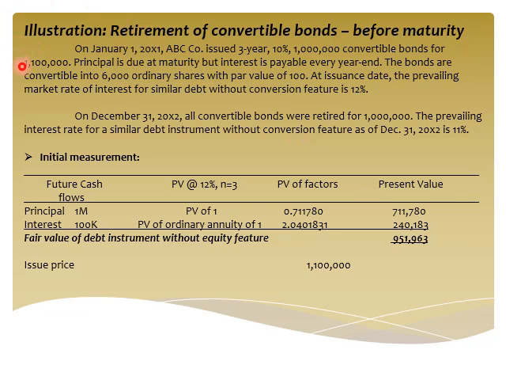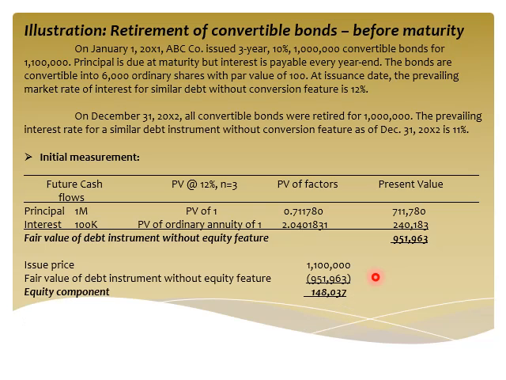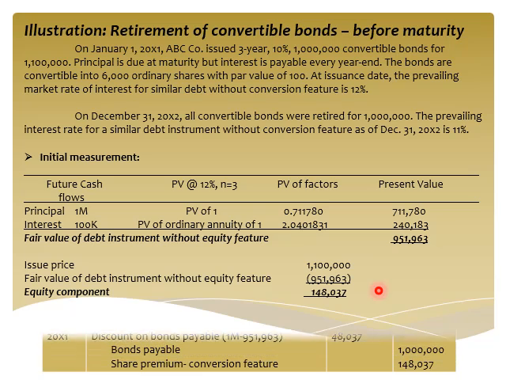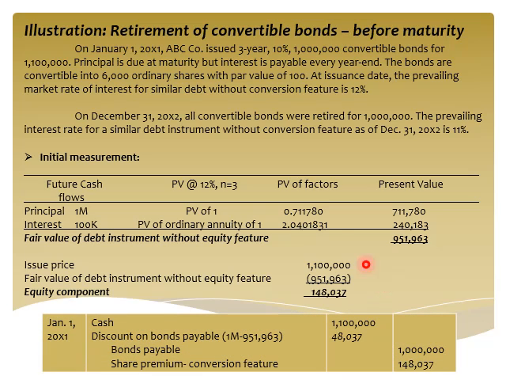We have this 1.1 million. And that 1.1 million should be allocated first to the liability. And as based on computation, the liability is 951,963. Therefore, the residual amount, yun na yung equity component, 148,037. So, our journal entry upon issuance on January 1, 2001, debit cash of 1.1 million, the issue price, debit